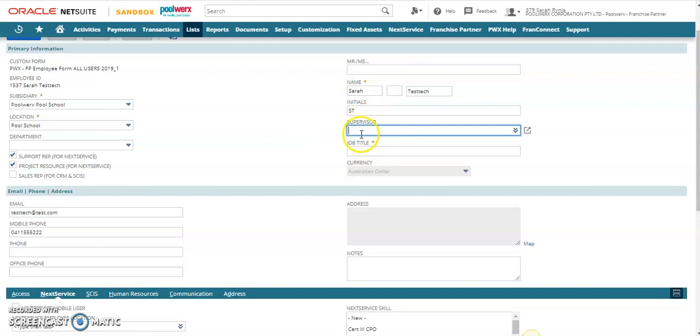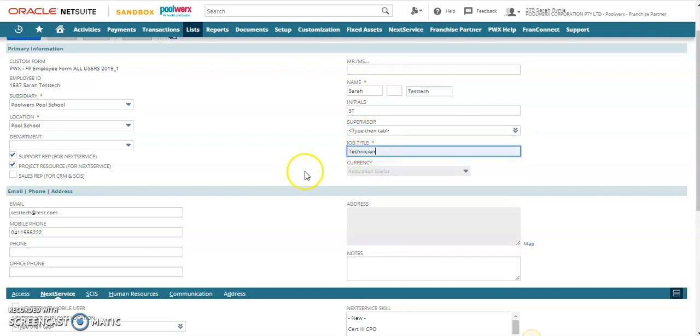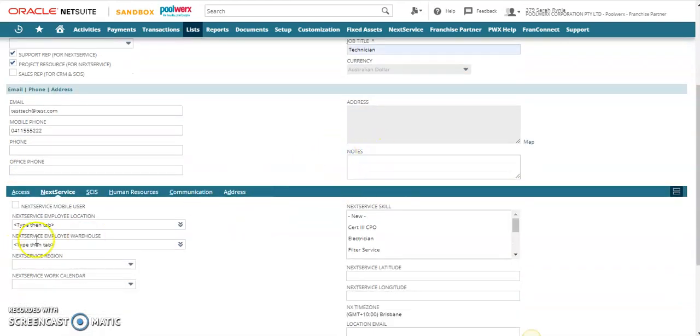You may choose to select a supervisor. If you do, they will be able to view and manage their tasks. You're going to enter a job title and any notes. We're then going to click on the Next Service sub-tab and ensure we click on Next Service